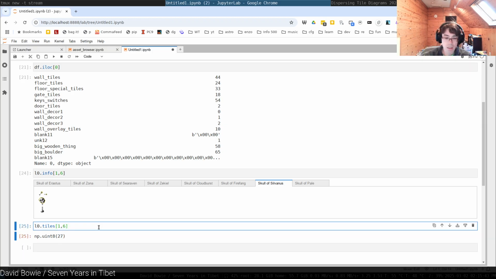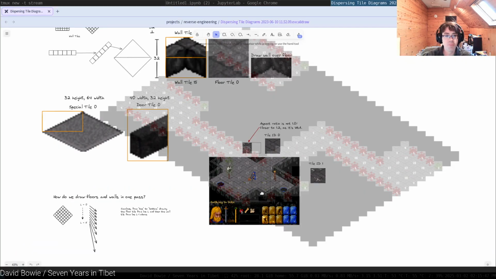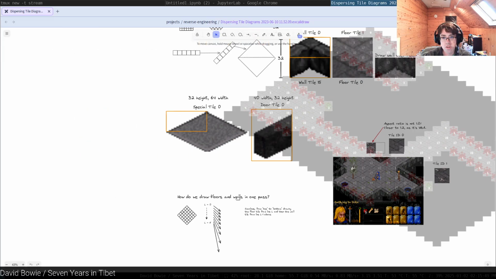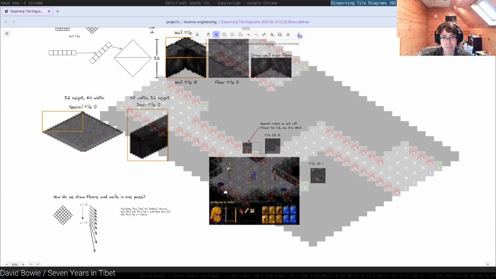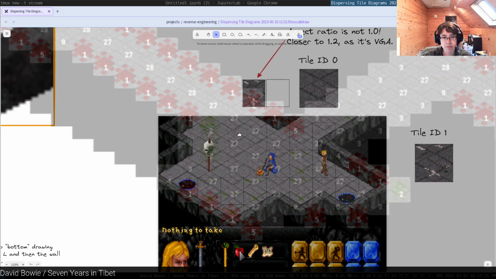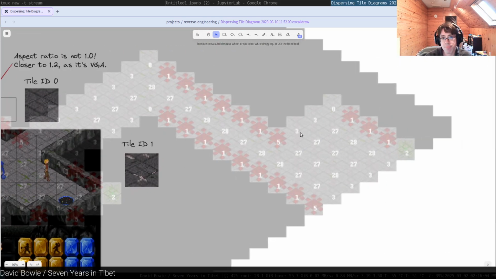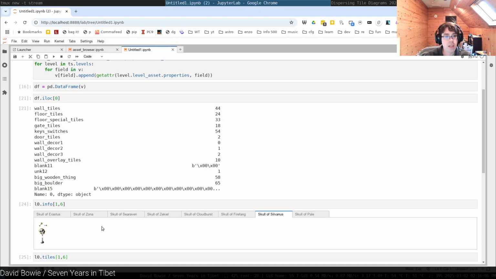Now, let's go back because we are getting ahead of ourselves. We will start here, right? We start right there. So let's see if we can figure this out. Now, what I've done here is I've overlaid the integer numbers that correspond to each tile. Okay? If we look at L0,